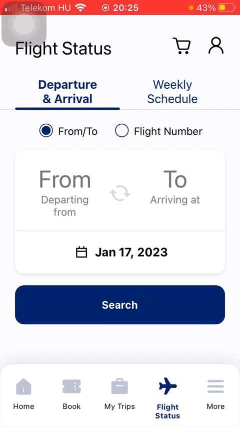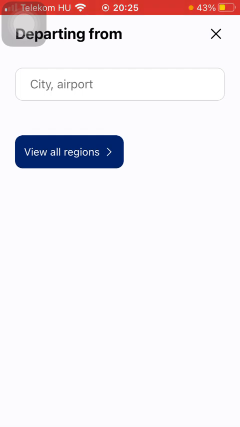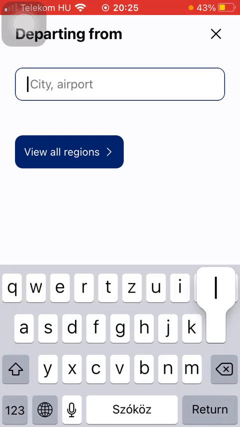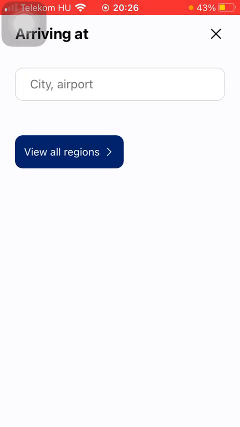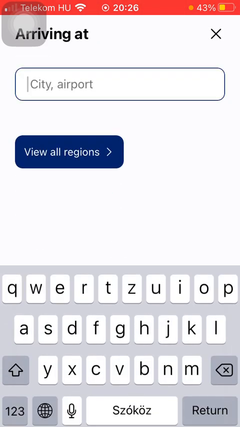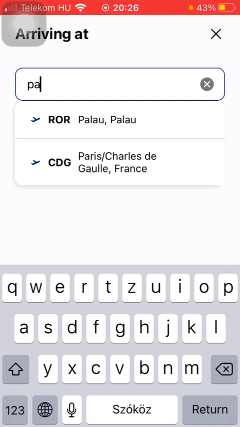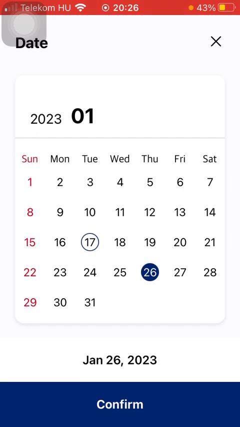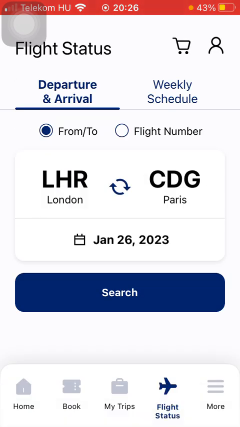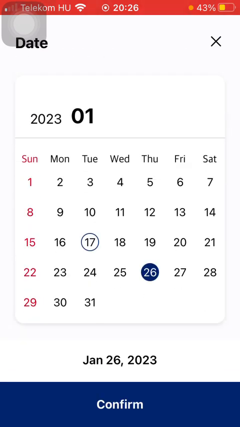If you select the first option, you can either search by typing in the departure and destination point, or you can search by the flight number. If you select the first option, you should add your city and airport. So first your departure point and then your destination, and click on the date button to select date, and then click on the search button to find out the